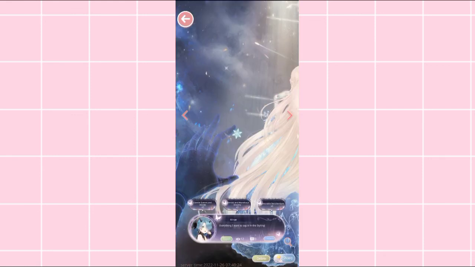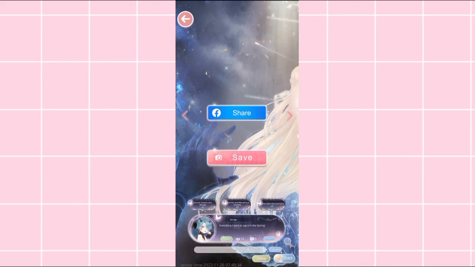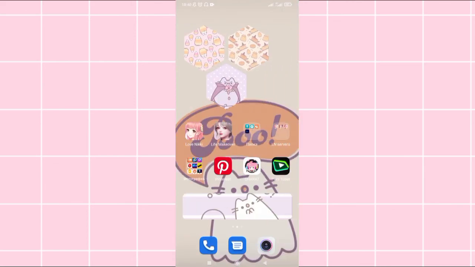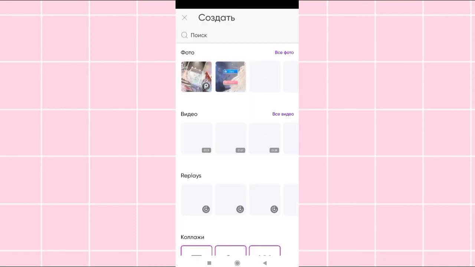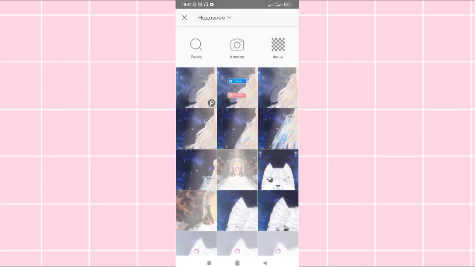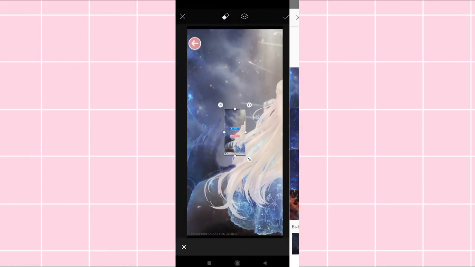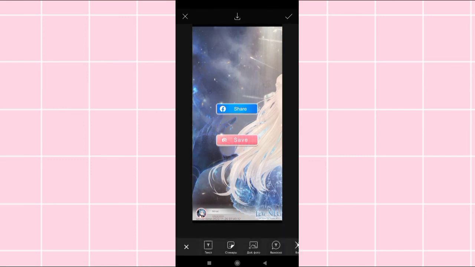So we take our post and click this little share button at the bottom, and we take another screenshot. After this, we go to PixArt. Yeah, again, there's a lot of editing needed. Now we choose the post we first screenshotted, add photo. Then we choose the second screenshot we did with the sharing button, make it the same size as the post. The guidelines will help. Then this little eraser